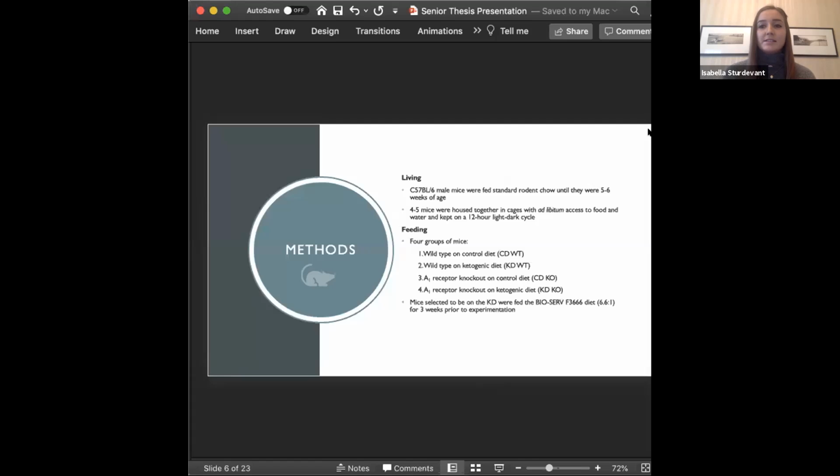Male mice were fed a standard rodent chow diet until they were 5 to 6 weeks of age, and 4 to 5 mice were housed together in cages with ad libitum access to food and water. We used 4 different treatment groups of mice, including wild-type mice on a control diet, wild-type mice on a ketogenic diet, A1 receptor knockout mice on a control diet, and A1 receptor knockout mice on a ketogenic diet. Mice were randomly selected to be on the ketogenic diet, were fed the BioServe diet, and fed this for 3